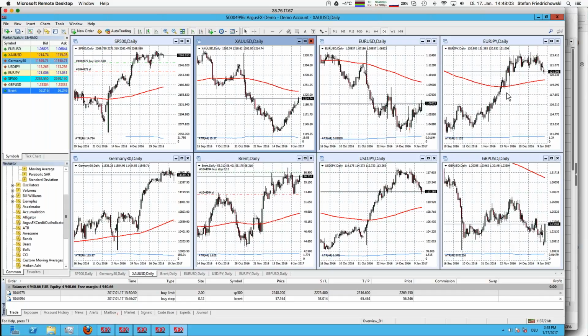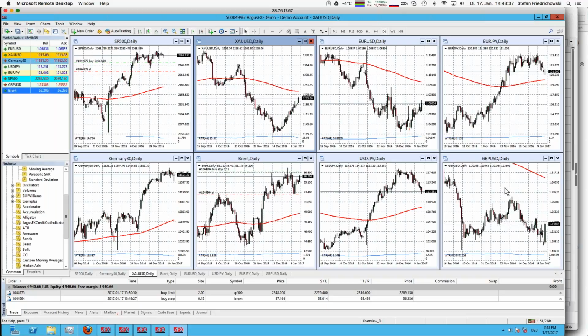So let's have a view which Forex pair looks quite good for the next trade. So in principle, I can tell you I would like to have a closer view to Euro US dollar, then of course to the south. And another good candidate would be British pound US dollar to the south as well.